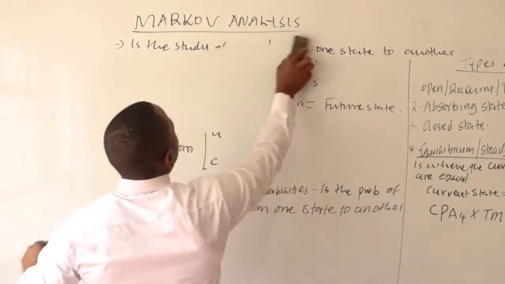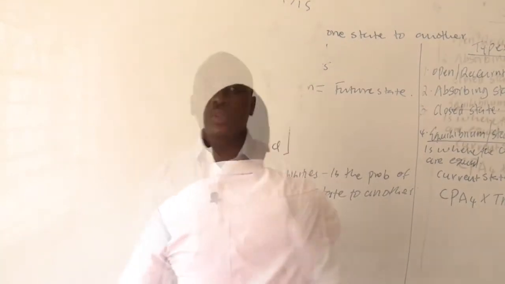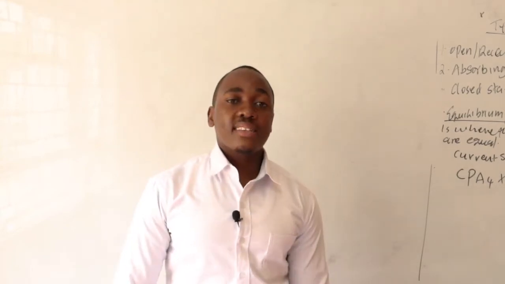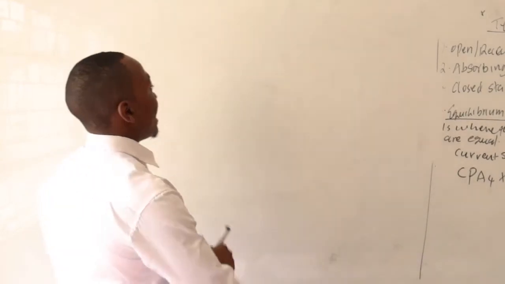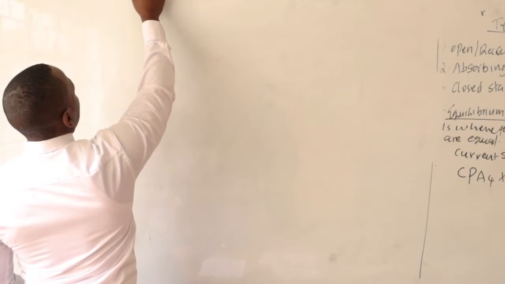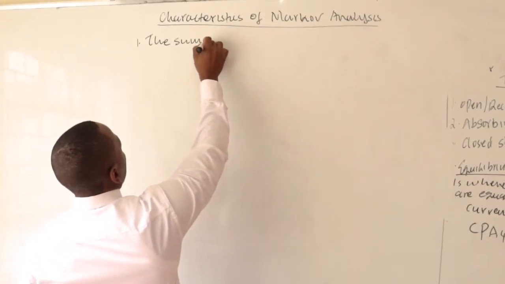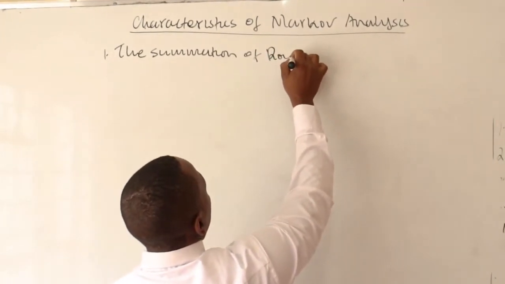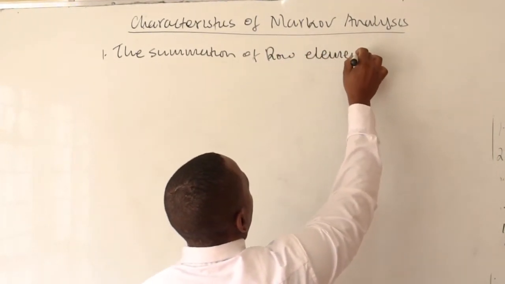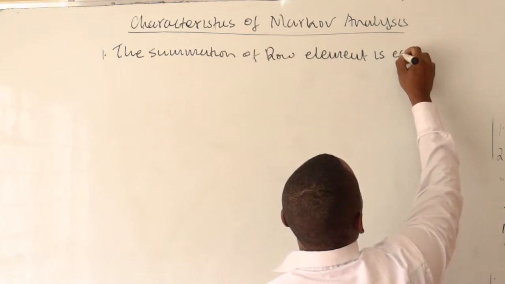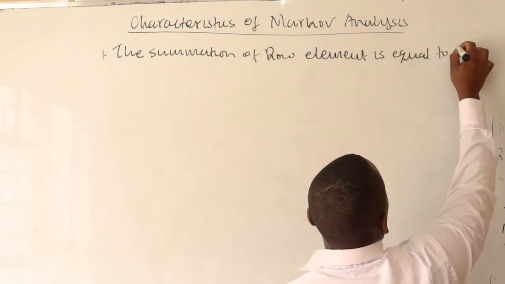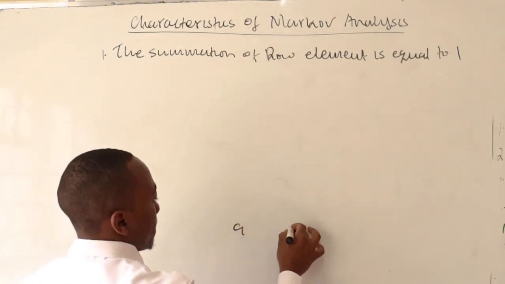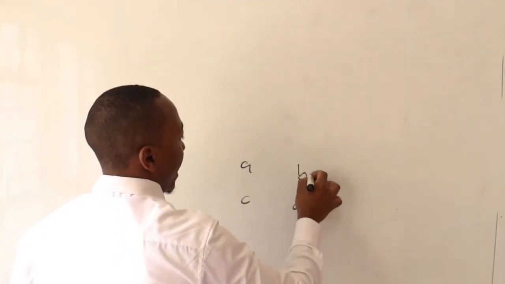So what are the characteristics of Markov analysis? Let's look at some of the characteristics of Markov analysis. Markov analysis has 4 major characteristics. Characteristic number 1 is that the summation of row elements is equal to 1. For example, if you have A, B, C, and D,